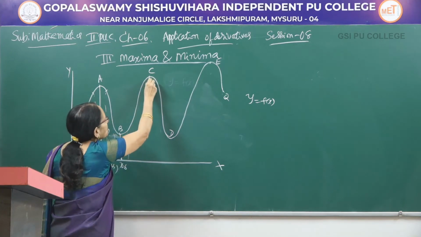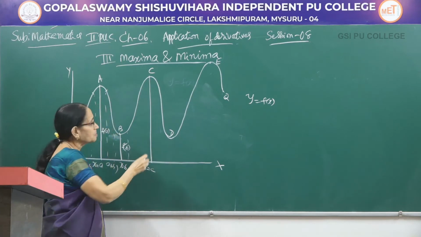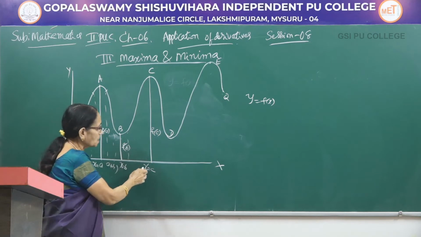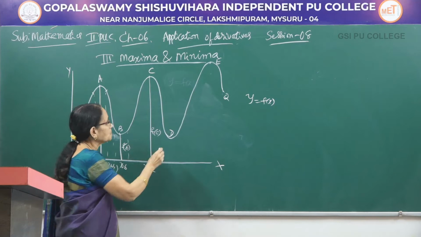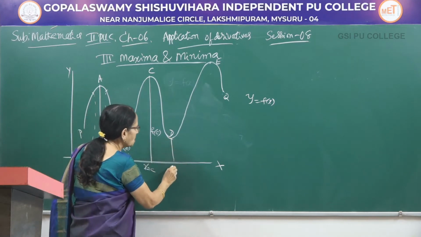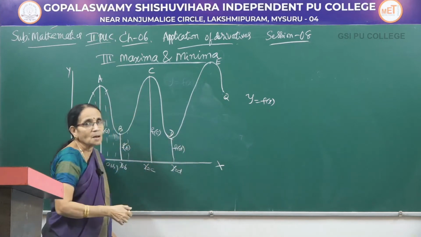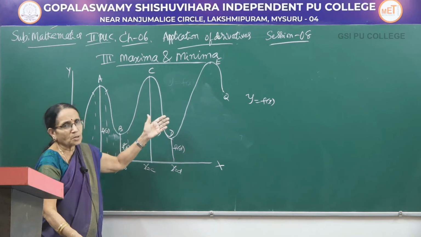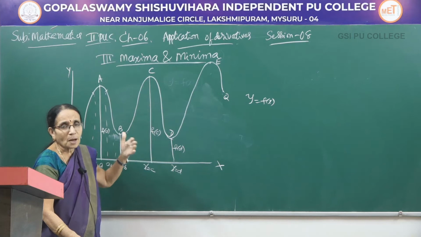Come to this point again. Arguing along the same lines, suppose x equal to c here. f(c) is a local maximum value, and x equal to c is a point of local maxima. Again, arguing along the same lines, here x equal to d, this is f(d), it is attaining a minimum value. So when you consider a continuous function like this, it can have many maxima, many minima. Maxima and minima are the plurals of maximum and minimum.